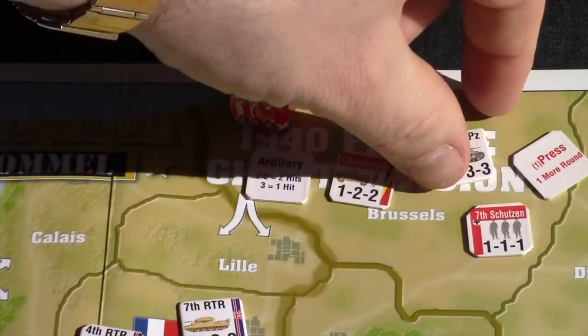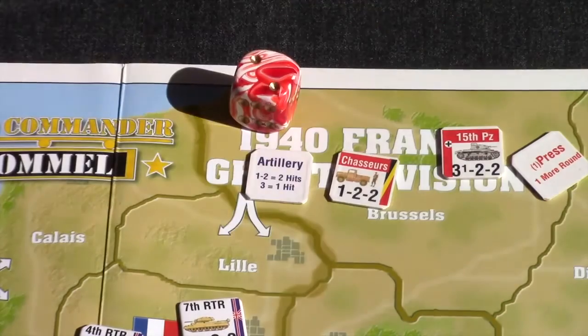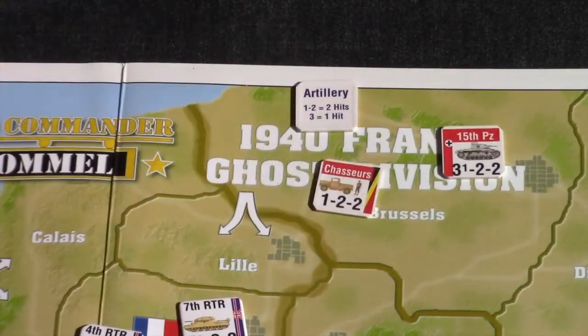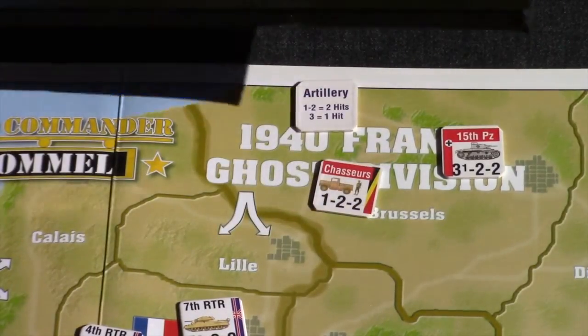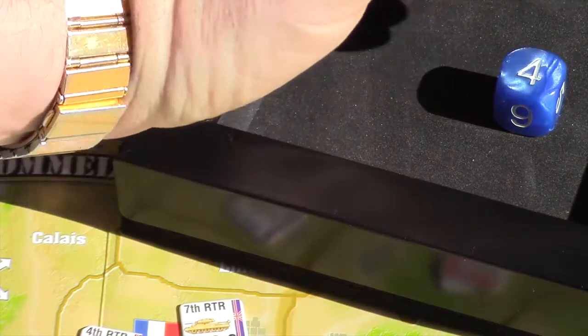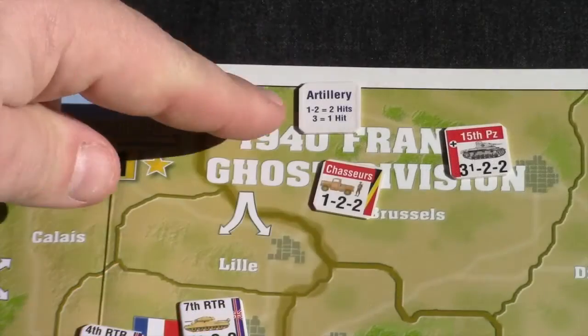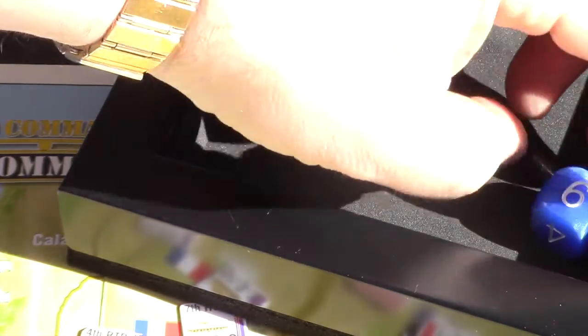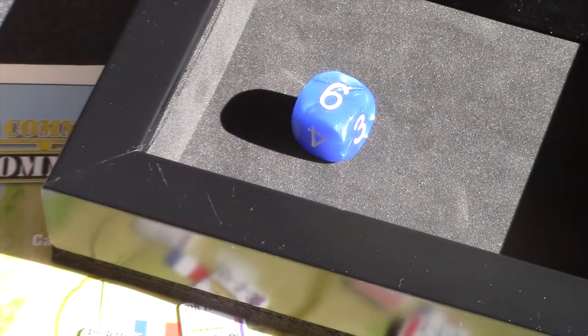I need to resolve the 3 hits that they scored, and 1 for the dig-in counter. Then I would need to reduce my Panzer and remove my Schützen, and I remove my press, and we will go again. I will try to make a hit with my reduced Panzer. I got a 4, so that is a miss, and they will defend with their artillery and their reduced chasseurs. First the artillery. Well, luckily they missed as well, and the chasseurs,